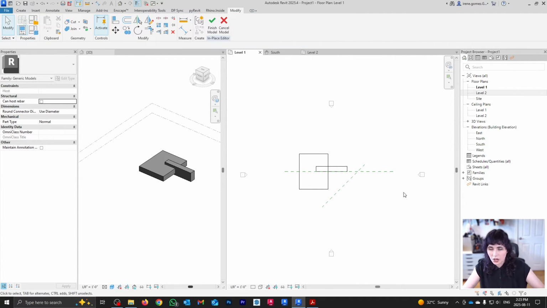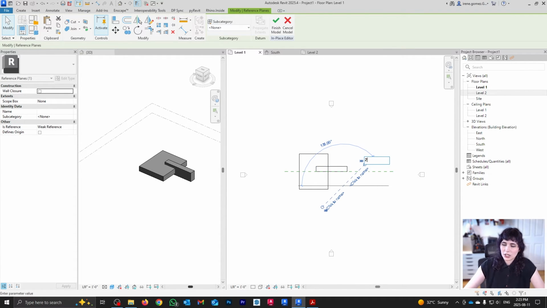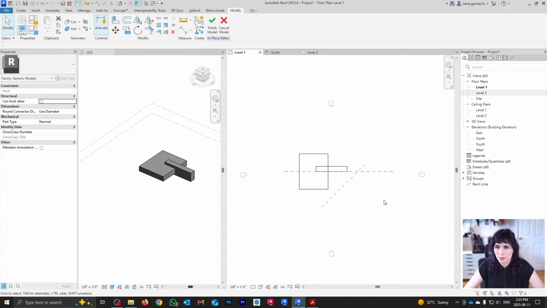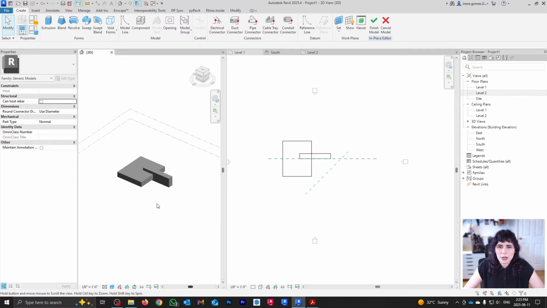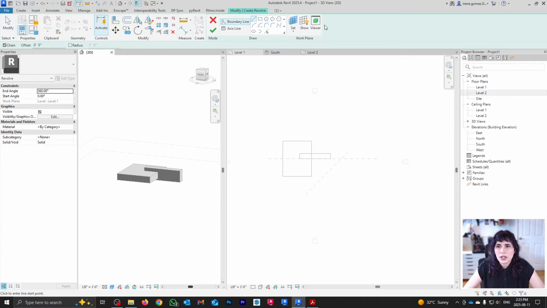That's perfectly fine. But keep in mind the one limitation of work planes is the fact that they can only be straight lines. You cannot have a work plane that is a curve. Okay, so I could come here and say, now I want to create... see, this is when, especially if you have a work plane that is at an angle, it might be easier to model it in the 3D view. So for example, if I come here and I do a revolve,